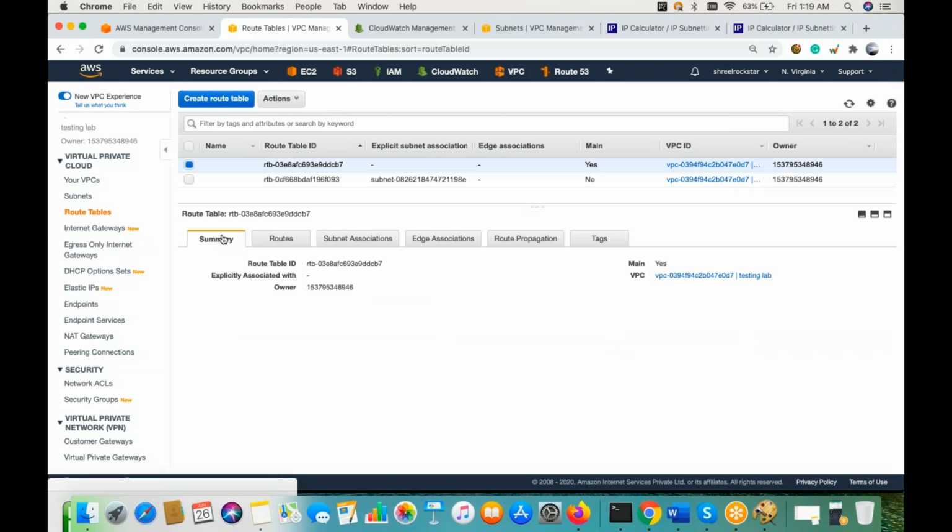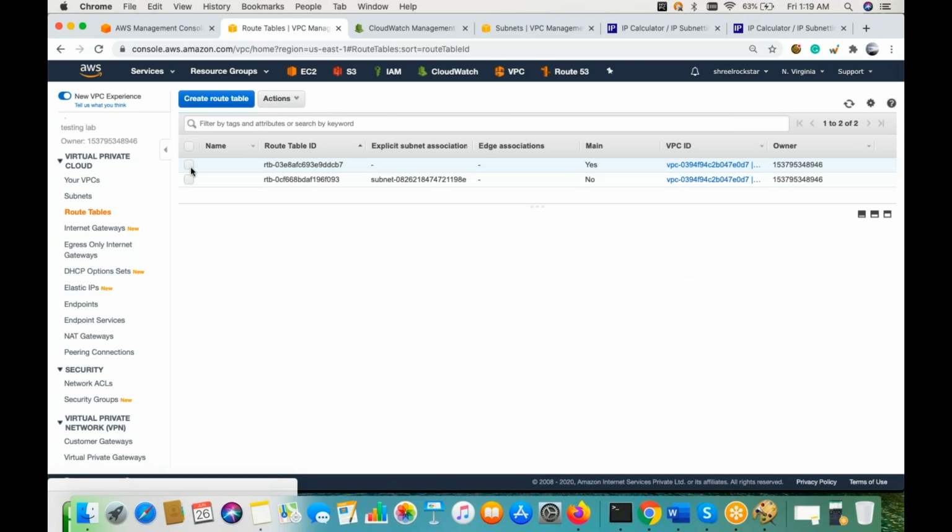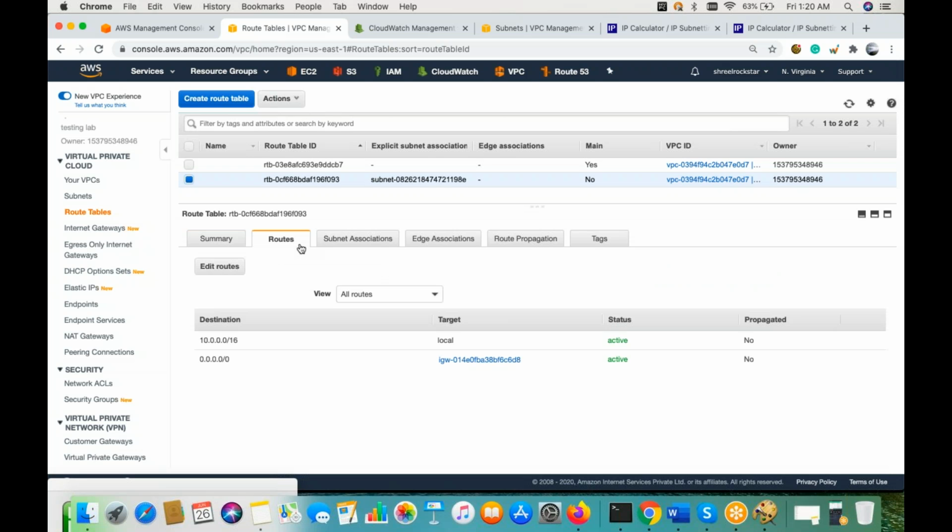Now, the main way to check your multiple subnets, if you see an account in real time, is to first go to the route table. If there is a route of 0.0.0.0/0 going to the IGW, that means it is definitely a public subnet. If the routing is added with some other target, that will be your private subnet.